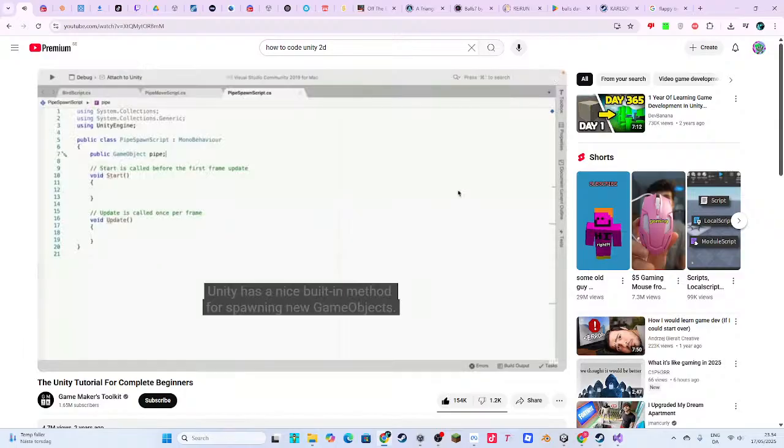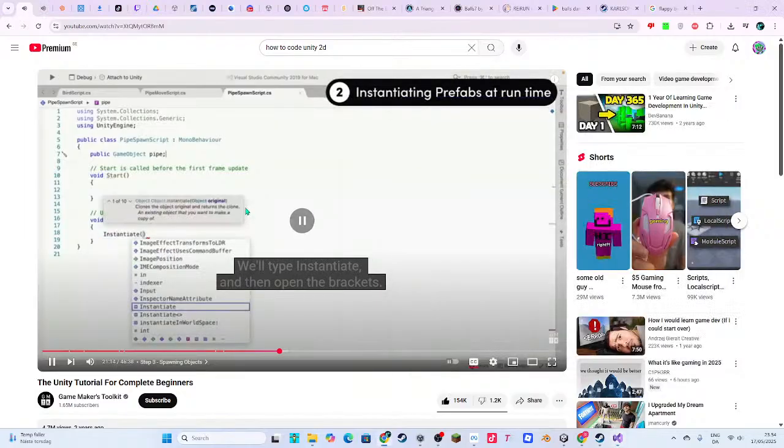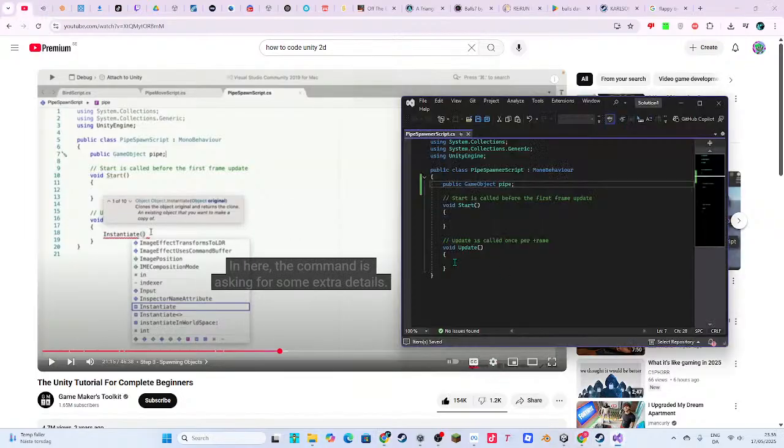Now, Unity has a nice built-in method for spawning new game objects. We'll type Instantiate, and then open the brackets.